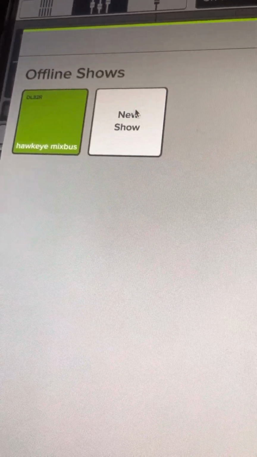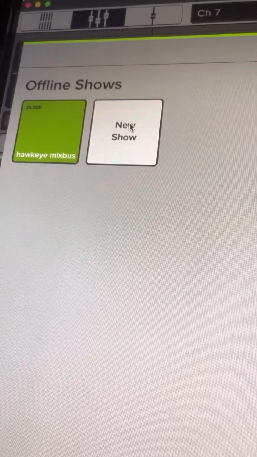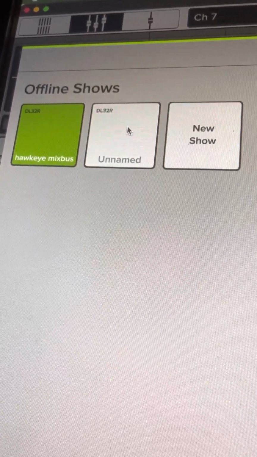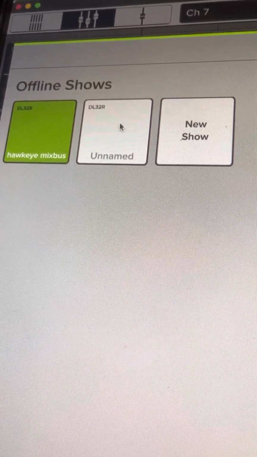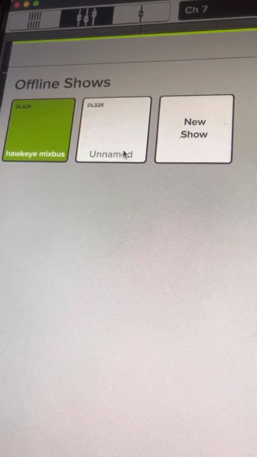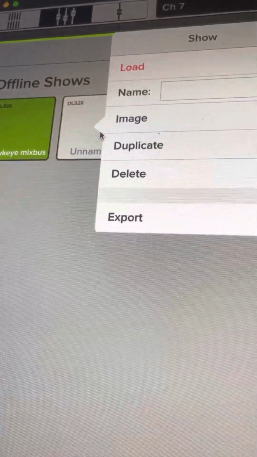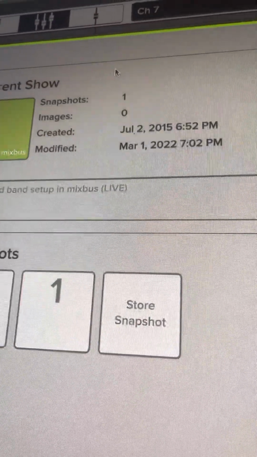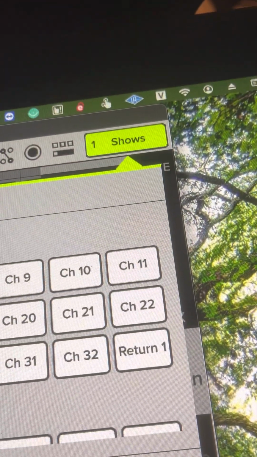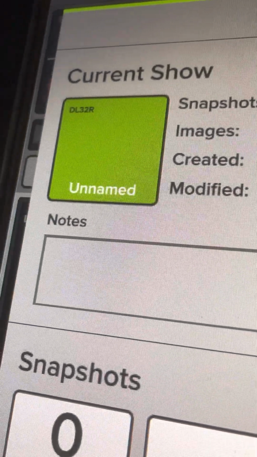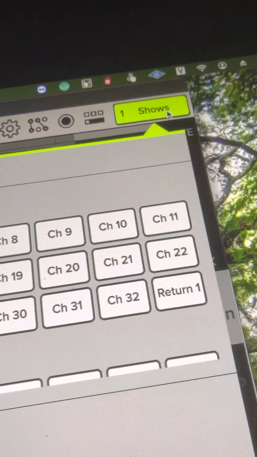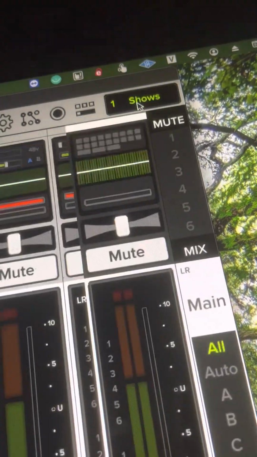So say you've got a project and you want to create your band that you're doing. So you open that up. It's currently unnamed, and then you want to load that up, and it will come in as shows 1, unnamed. So this is where your new project is. If you click back on that, on the green one shows, it will then bring you back to